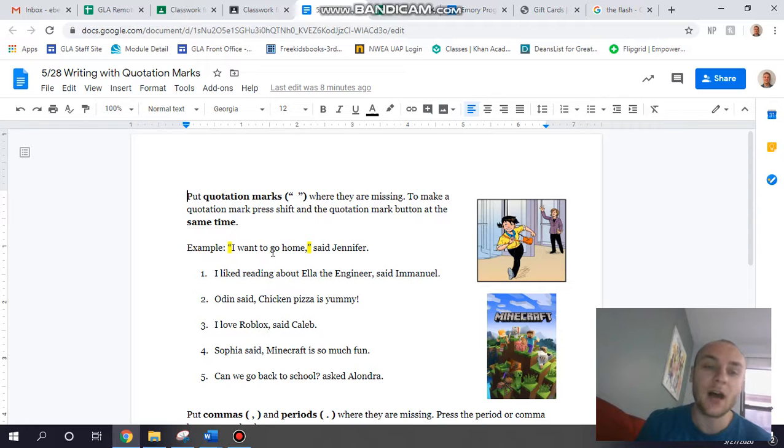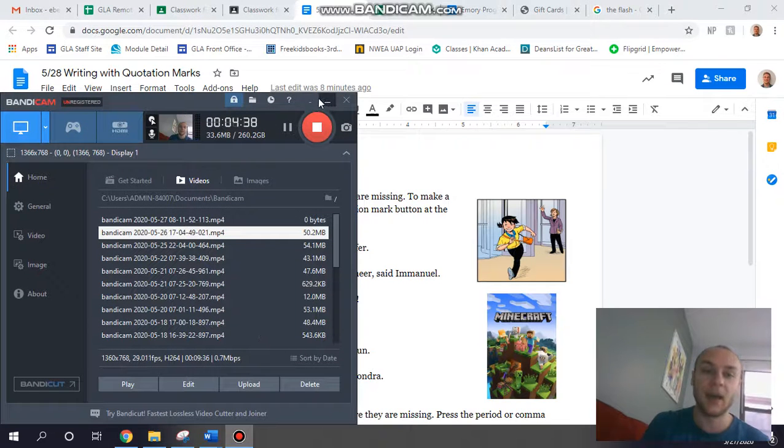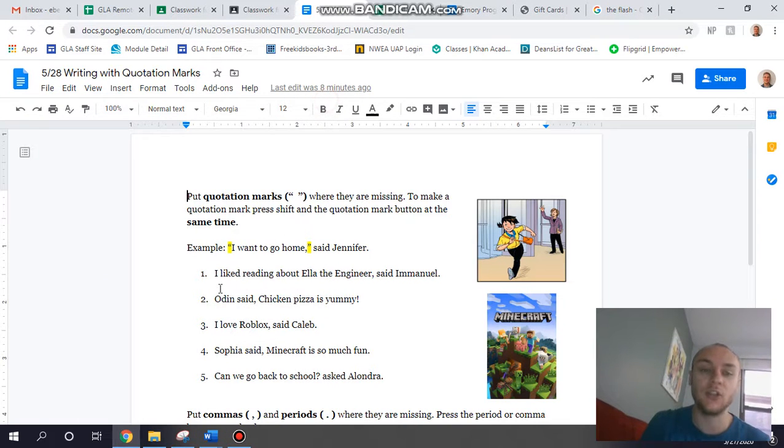Here's our example. "I want to go home," said Jennifer. We put the quotation marks around what Jennifer is saying. See how the quotation mark comes after the comma? Just like in all of the examples that Mr. Berkey has shown you the past 2 days. Let's read this first one, and I want you to think about where the quotation marks go. We'll do 2 examples of this kind, and then 2 examples of the next kind. I just need to check and make sure that we have time. We do. Number 1, read it with me.